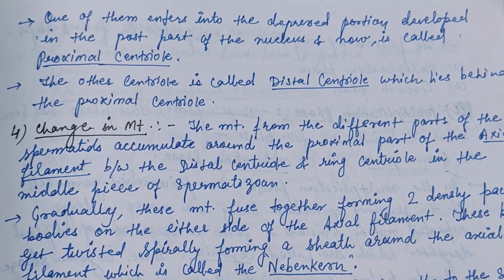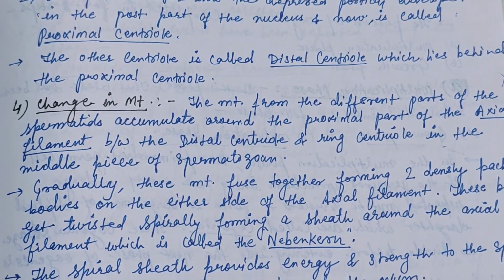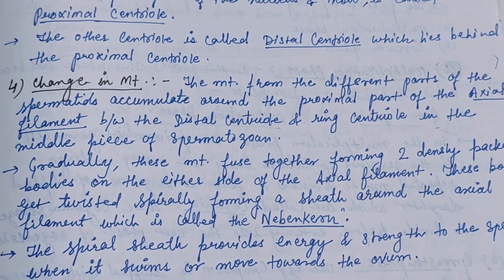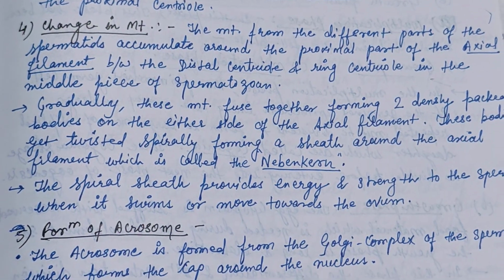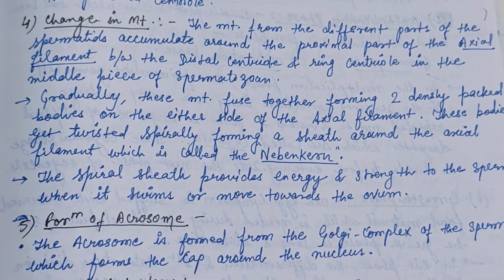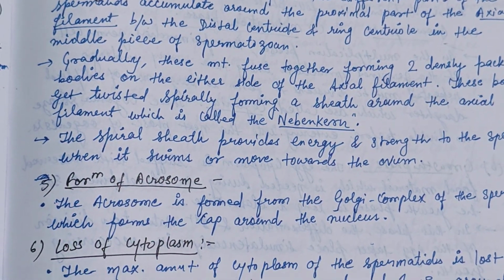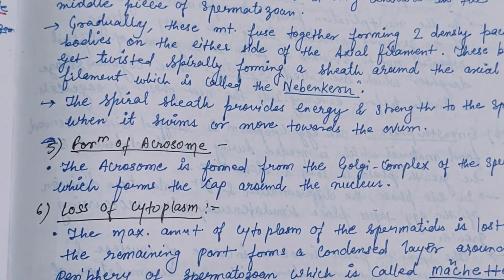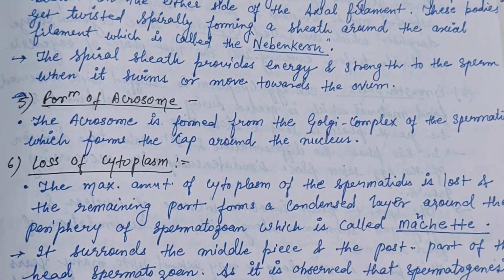One of the centrioles enters into the depressed portion developed in the posterior part of the nucleus and is known as the proximal centriole, and the other centriole, called the distal centriole, lies behind the proximal centriole. Changes in the mitochondria: the axial filament lies between the distal centriole and the ring centriole in the middle piece of the spermatozoon. There is a spiral sheet